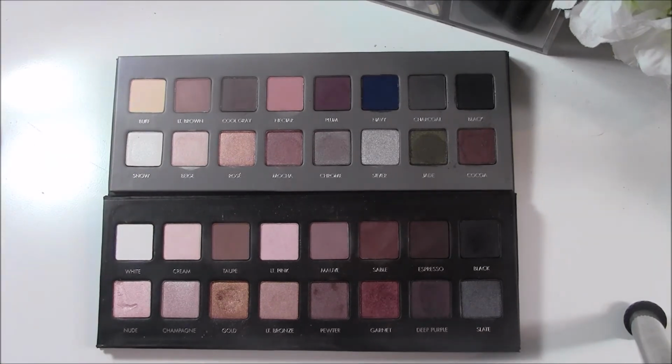So the quality of her eyeshadows are phenomenal. They are just absolutely beautiful. And also what's really nice about her products is they are color girl friendly. So they are chocolate girl friendly. The pigmentation is there, so they show up on our skin tone. They blend beautifully. The colors are buildable. This is just, for me, a very beautiful palette, and it's for every skin tone out there, not just for